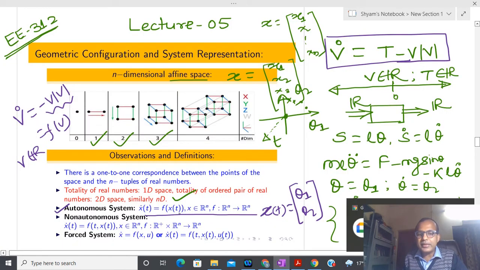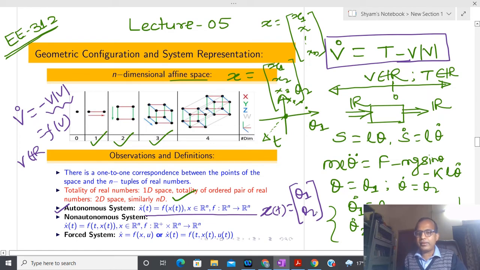You can see why 2 is coming, because theta 1 belongs to some kind of real number and theta 2 belongs to some kind of real number. In order to represent the state, I am going to use the notion of a set, whatever we have learned during our school time. After that, I am going to represent the right hand side, f(x,t). Could someone quickly tell me what is f(x,t) for the pendulum system if I remove the force?